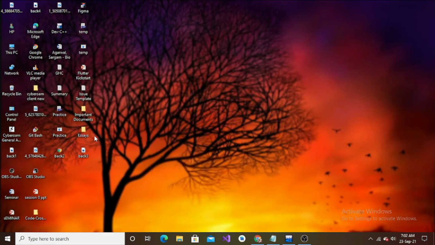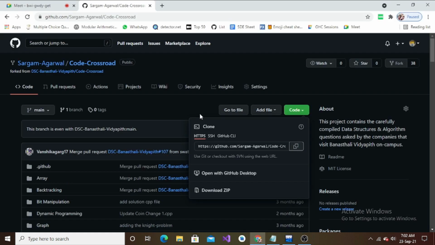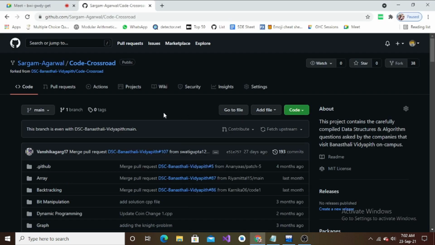Now let's understand one concept. For example, we are contributing to a project and we open up the project to contribute after 1 week. Obviously in the span of this 1 week there might be some new changes in the original repository, because a lot of people might be contributing, or the owners and the maintainers themselves are working on that project. So before you start making any further changes in the project on your local machine, we should be updated with the changes that happened during this time period. So we have to add upstream to the project on our local machine.